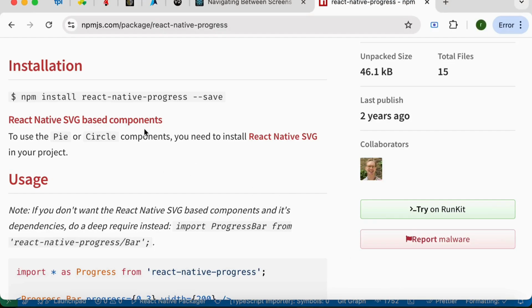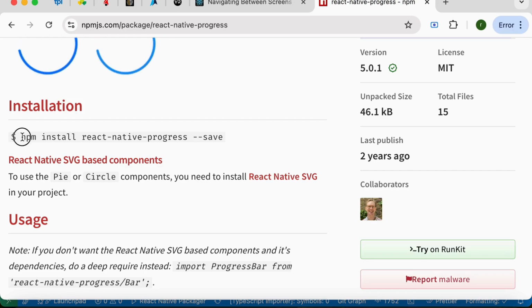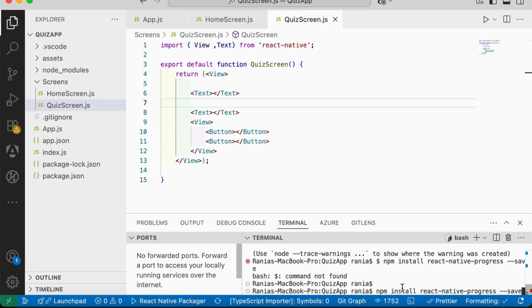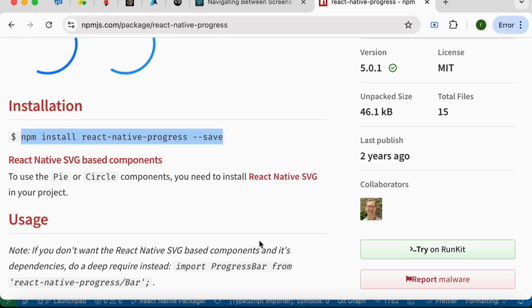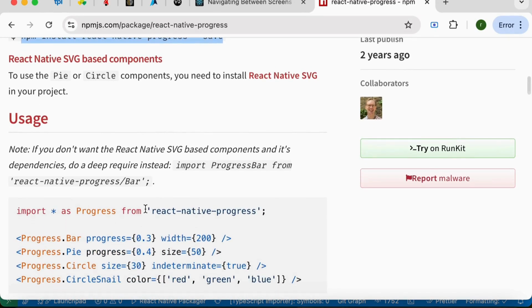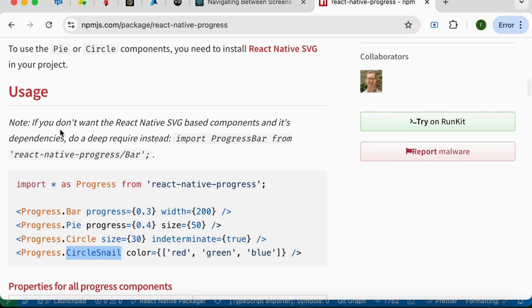So I will copy this and run it in my terminal. Whenever it's done and the dependency is ready, I can start using it. I could use progress.bar, progress.pie, progress.circle, or progress.circleSnail. So any one of those are